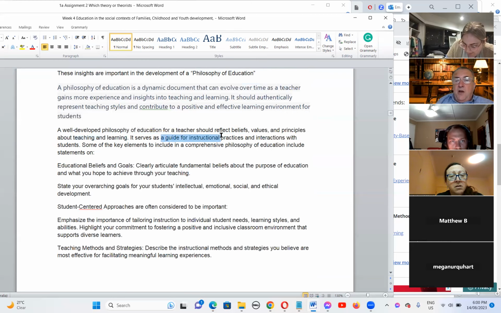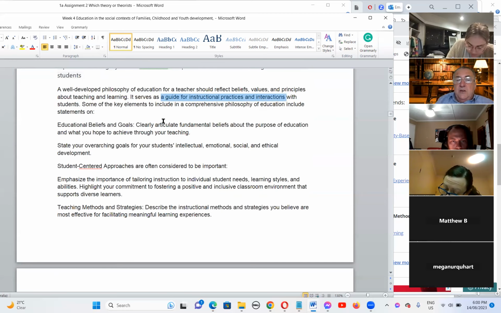It serves as a guide for your instructional practices. It's got to be authentic about who you are, but it's also got to recognize if there's weaknesses. How can you develop strategies that balance your weaknesses and also build on the strengths that you have?